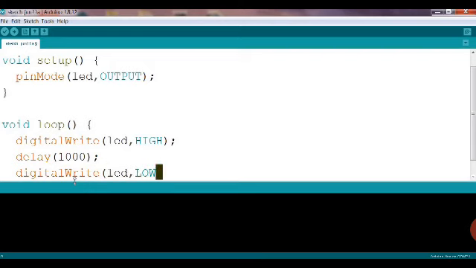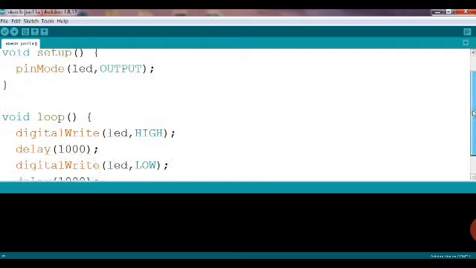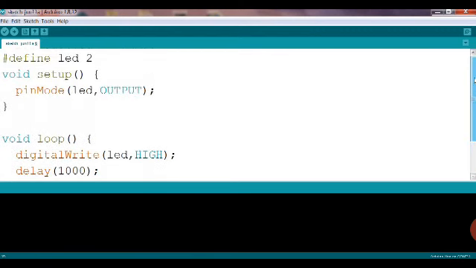Then we have to give low power to the LED positive, so automatically the LED will be off. So we are writing digital write LED low, means now the positive pin of the LED should not get the power after 1 second. This off should remain for some time, and that is again 1000, that is 1 second. That is the simple program we have, and since it is a loop, it will automatically follow.